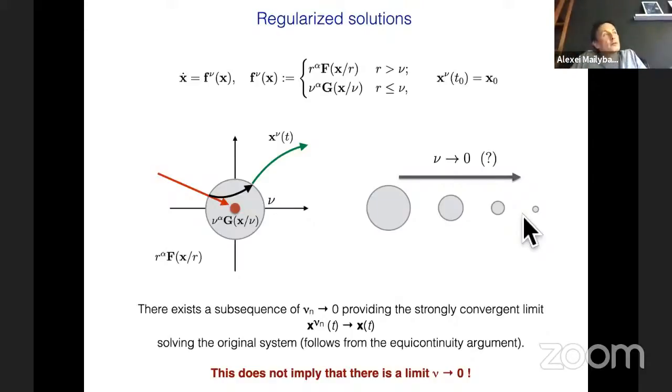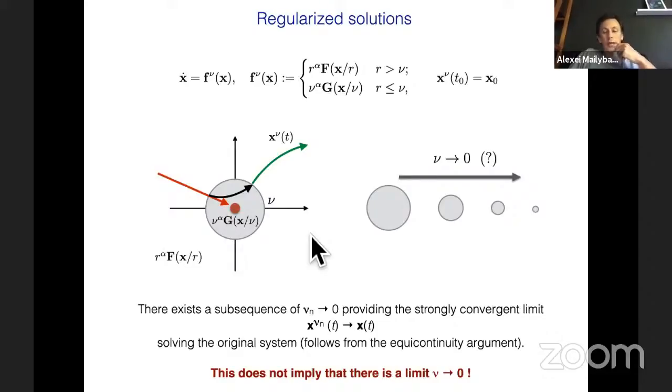So many questions appear: whether the limit exists, what solution it will choose if it exists, and how this solution will depend on the form of the function that you place here. Maybe another function g you place gives you a completely different solution, which means that essentially your future is strongly dependent on how you regularize, on what happens in the singularity. So all this spectrum of different questions we'll try to answer.